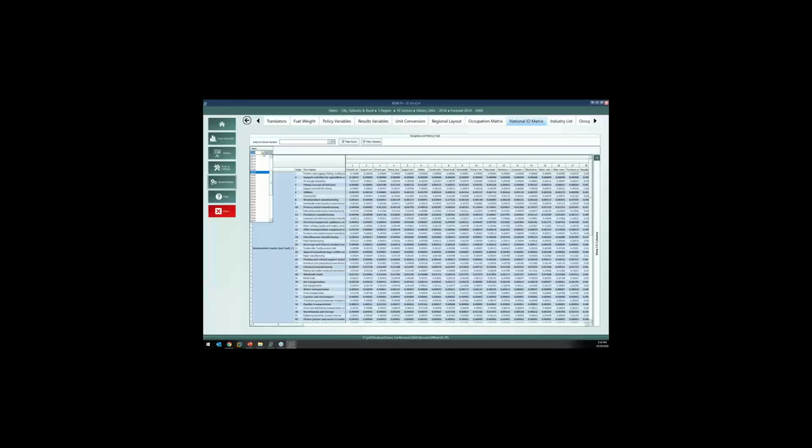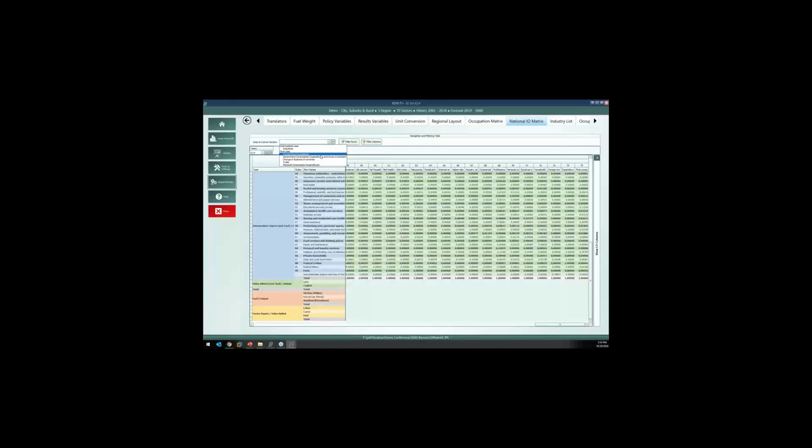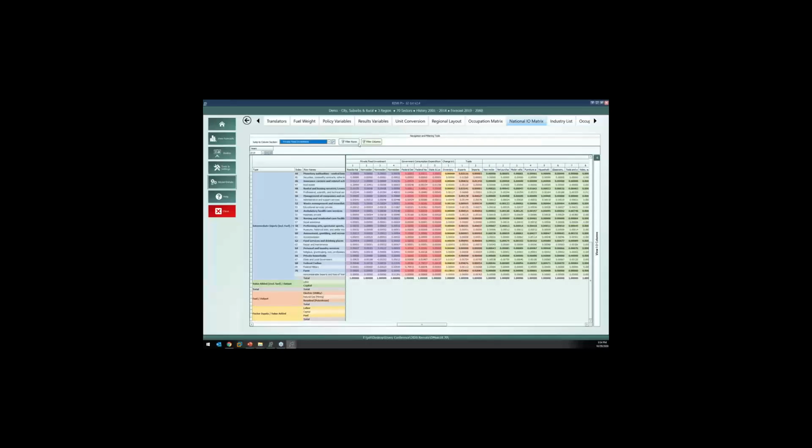One thing that we did is we added history to this. Previously, this was a large grid that wasn't very colorful. We've added some color to it to separate the different sections, and we've added some tools to help you navigate between the sections more quickly. So you can jump to certain areas if you want.